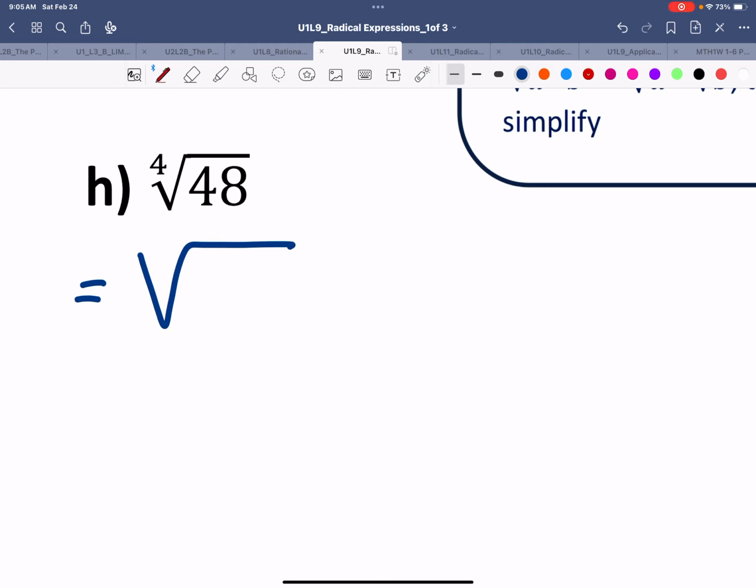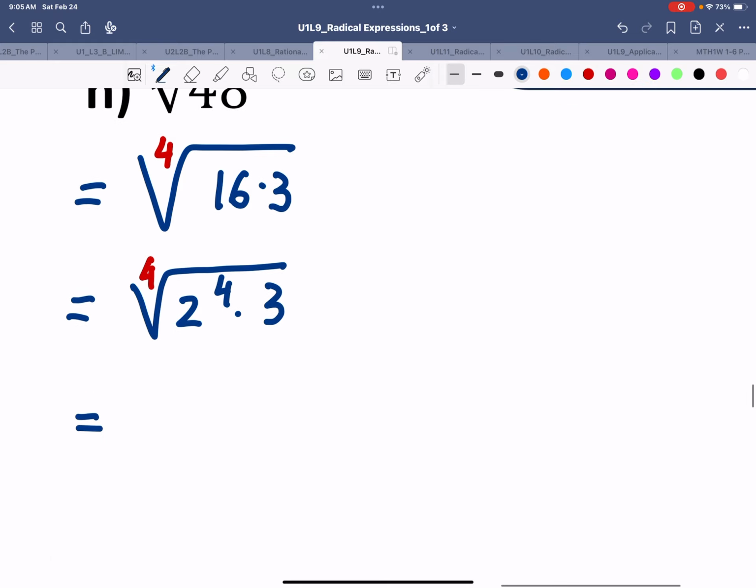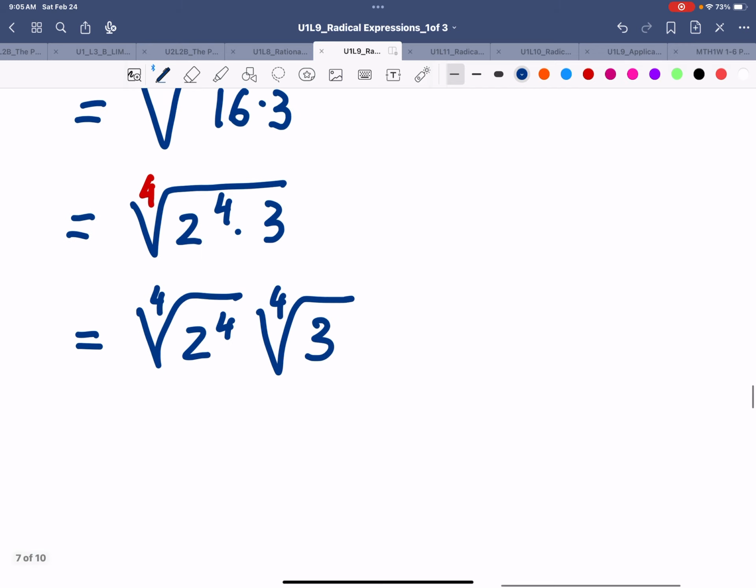So we have index 4. 16 times 3, which makes this the fourth root of 2 to the power of 4 times 3, or the fourth root of 2 to the power 4 times the fourth root of 3. The fourth root of 2 to the power 4 is equal to 2, and then square